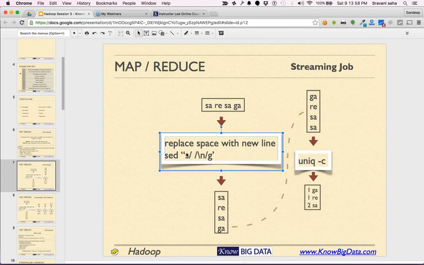Your mapper is run first. This is your input data. Wherever on your cluster there is this input data, for every block of input the sed command is going to get executed, and sed will replace space with a new line like this.